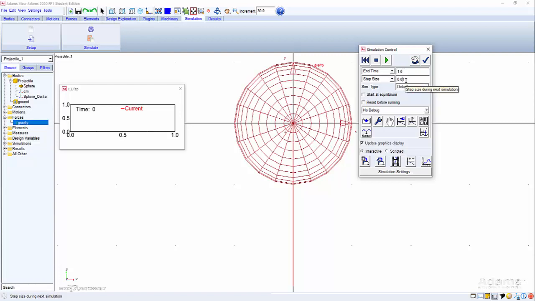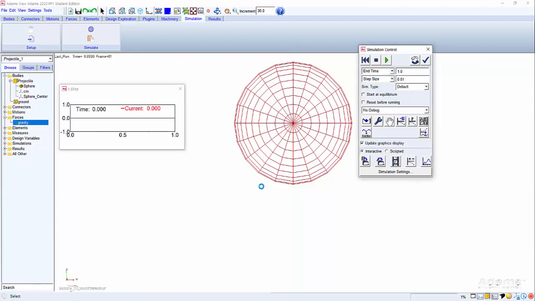In order to solve the mathematical equations, the integrator is going to consider this step size. Now, if I run this simulation, I expect this body to fly and then fall down. This strip is going to define the y displacement of our projectile. So if I run the simulation,